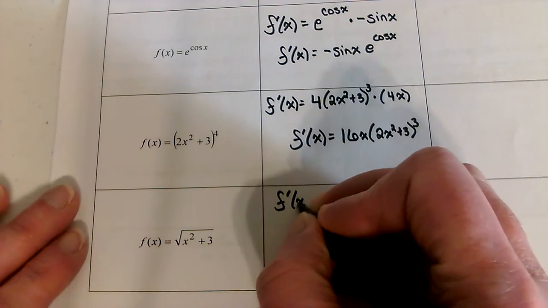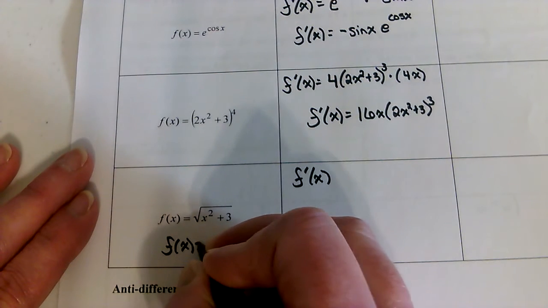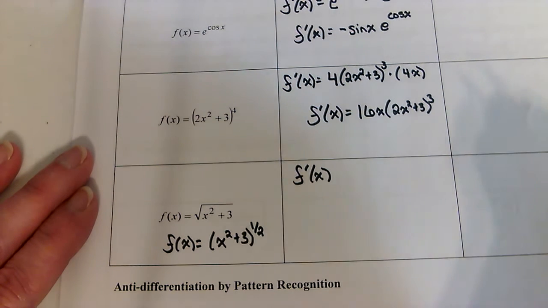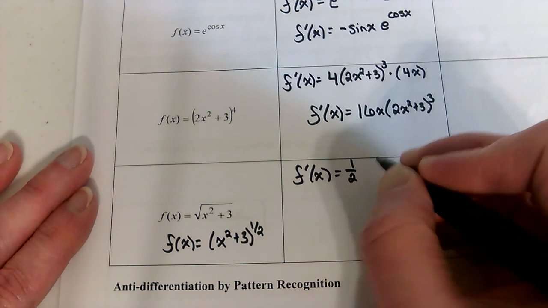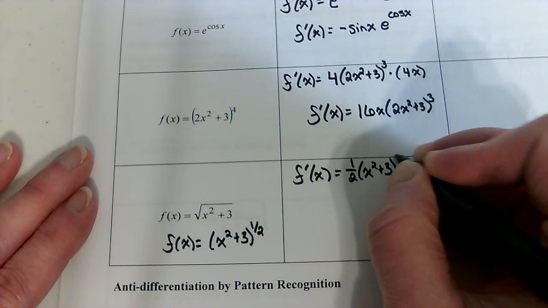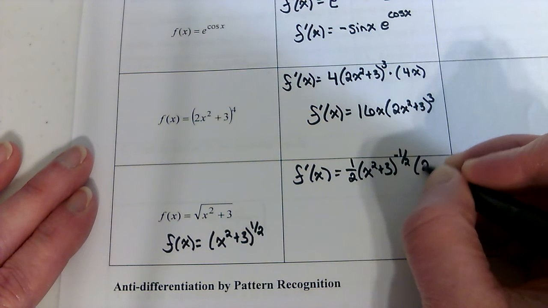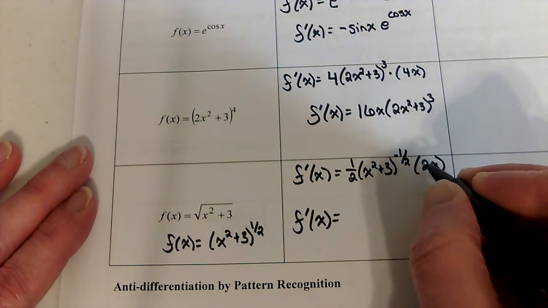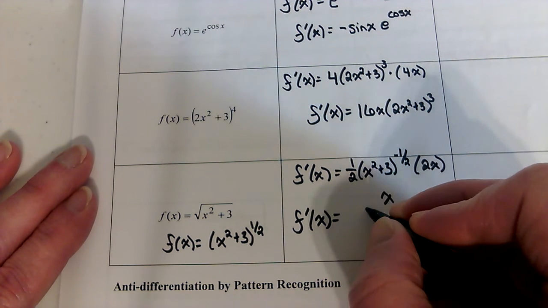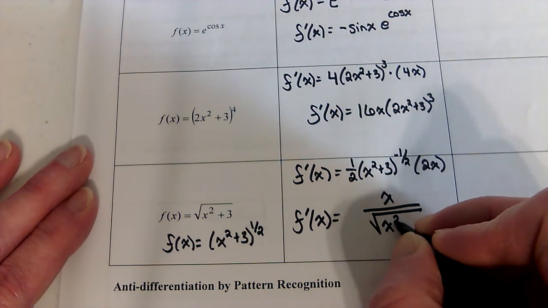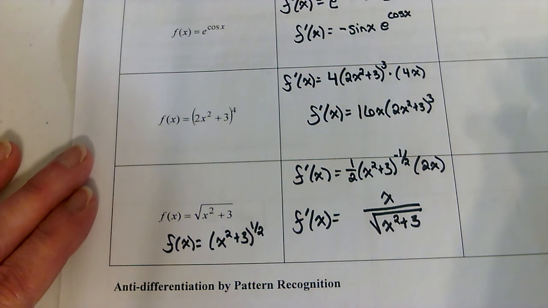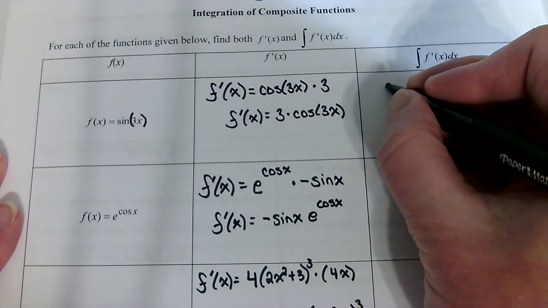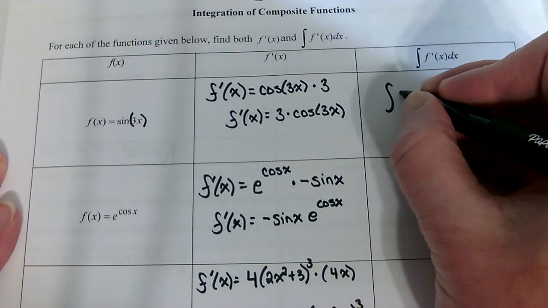So the derivative of this one, let's rewrite it first. That would be x squared plus 3 to the 1/2. So that would be 1/2 x squared plus 3 to the negative 1/2 times the peanut times 2x. So when this one gets simplified, the 2's would cancel. I'd have x over the square root of x squared plus 3. So when I go to take the integral of that derivative,